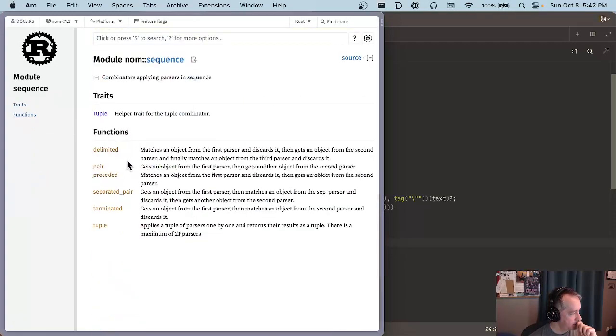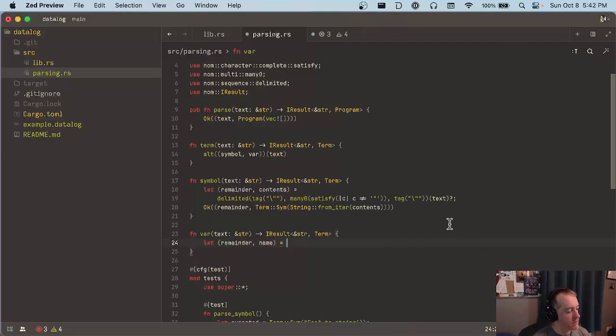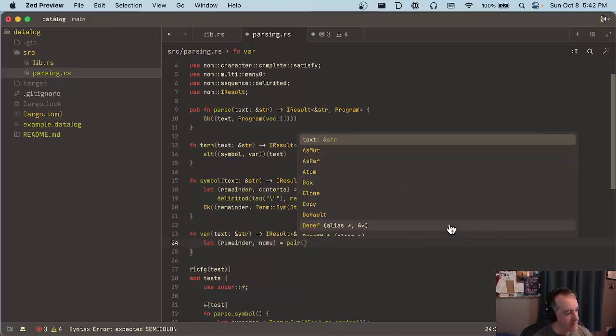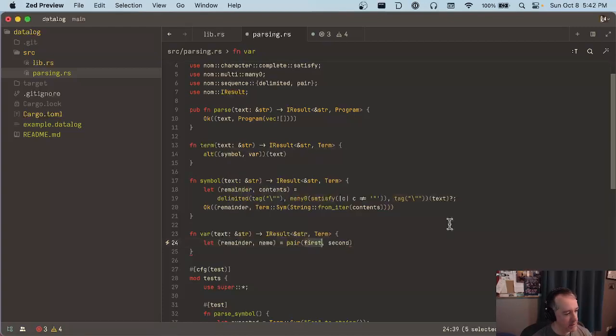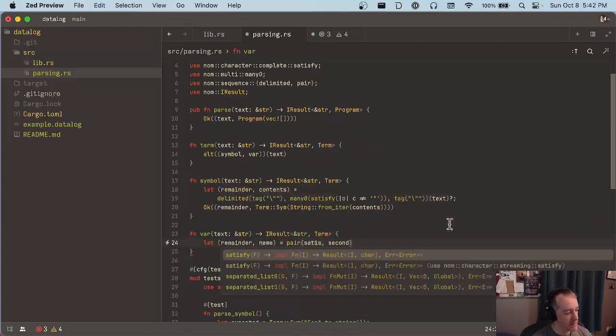No, sequence is a pair. So you get a pair, gets an object from the first parser, and then gets another object from the second parser, right? Okay, so let's say pair. Is it going to let me import that? Yeah, non-sequence pair. Okay, so the first one we want to do is satisfy